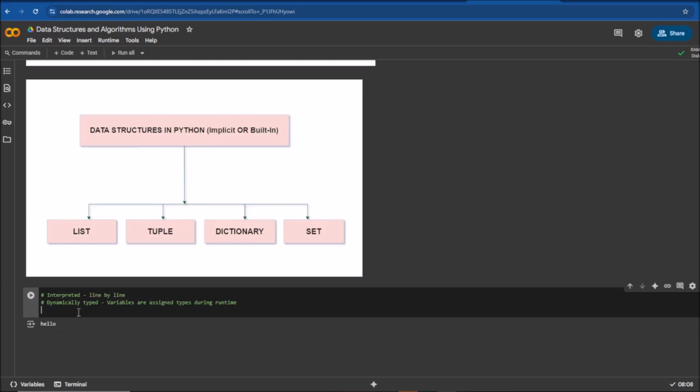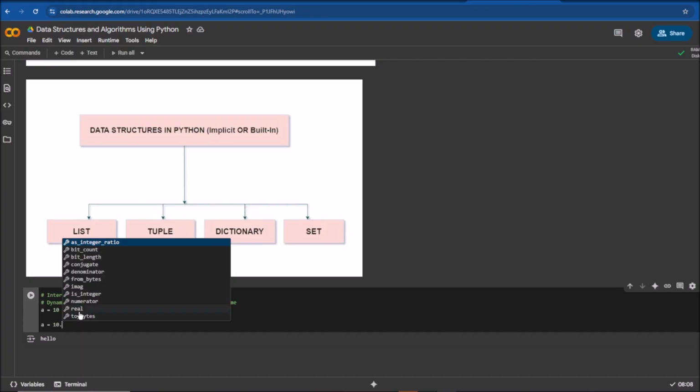But here in Python, it is going to be dynamically typed. So here you would simply say a is equal to 10, and during the time the code is getting executed, that is when the data type is dynamically assigned based on what values are assigned to the variable. So later on in the code, I can also type in a is equal to 10.5, sorry, 10.5, and this